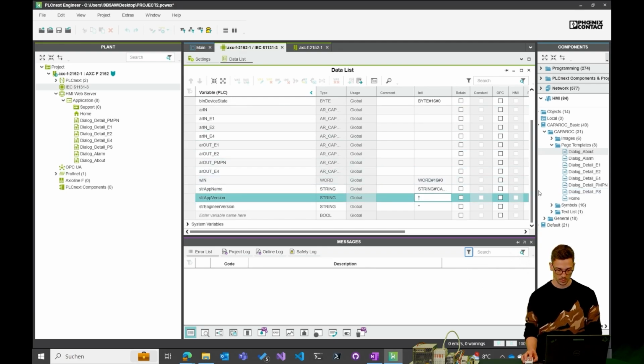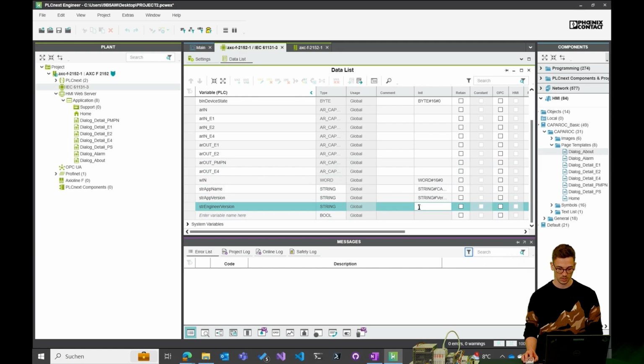Then the app version is 2.0 in this case, and the engineer version is 223.0.4. Okay, let's download it again.